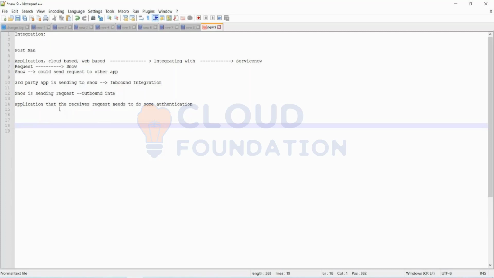We could have data and process integration and login integration. Let me put up the types of integration that we see in ServiceNow.